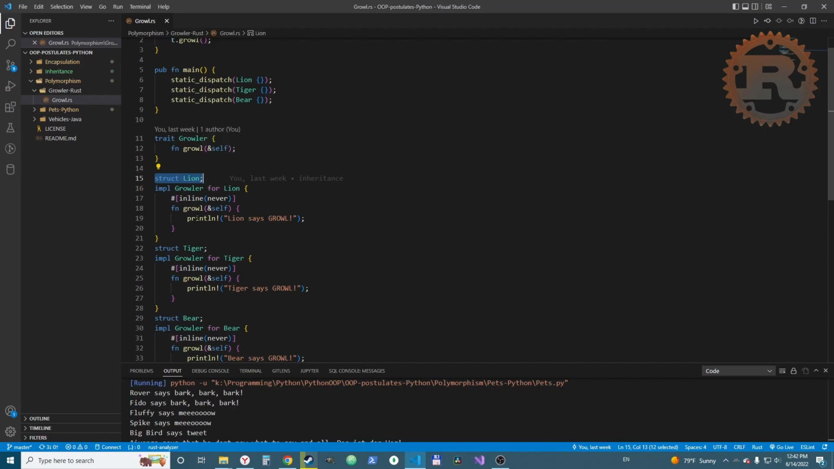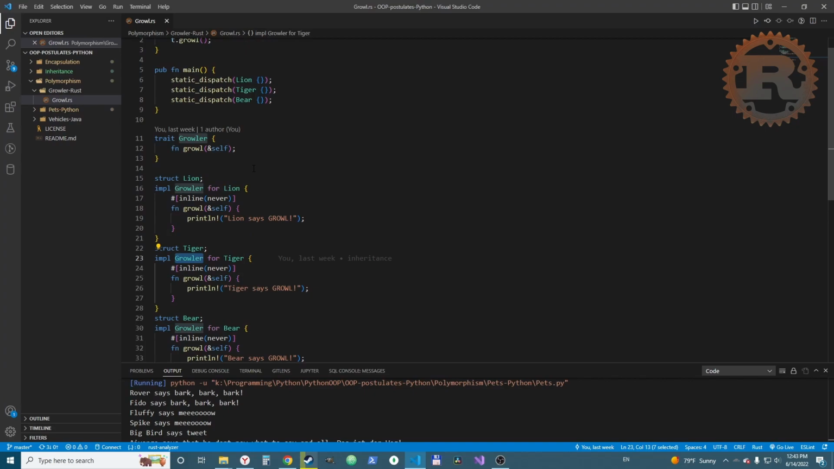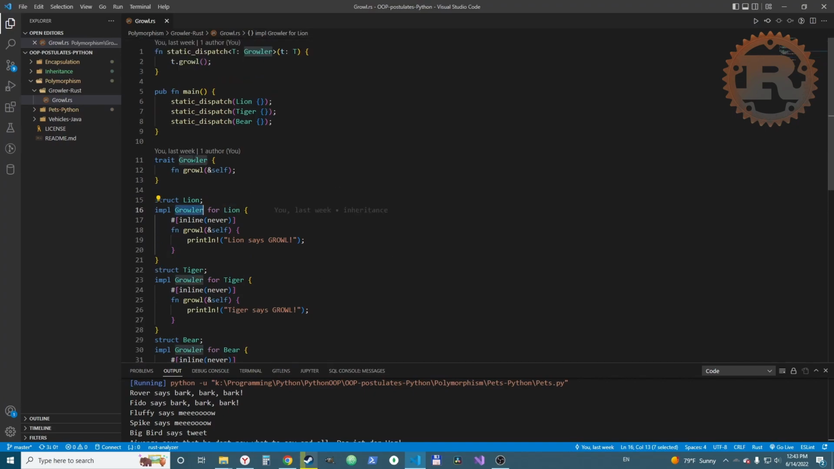Now we create struct Lion, and implement this trait Growler for Lion with a say growl. We implement it for Tiger too: we create struct Tiger, and implement it for Bear. Pay attention that again we have some kind of trait in common. Here it's Growler,